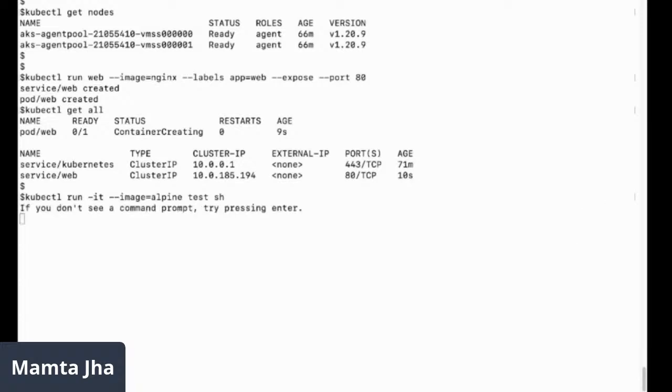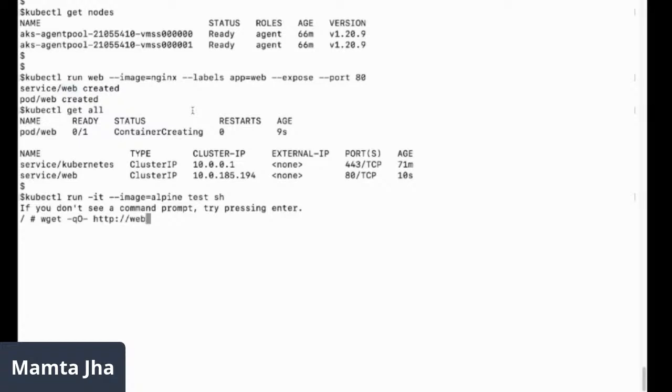It would take me inside the pod, and I would try to do a wget to the other application. So we know pod-to-pod communication happens via the service always. So the pod test would be sending the traffic to the service of web. The web service name is just web.